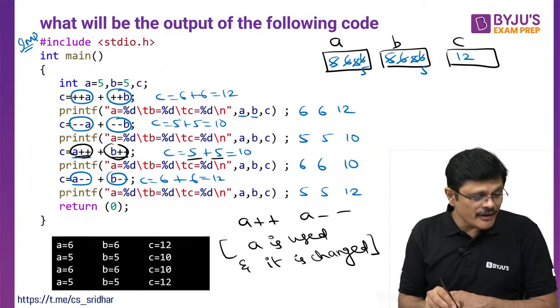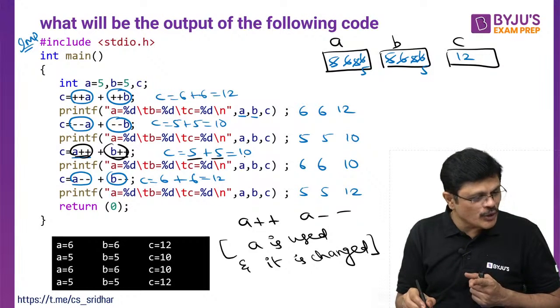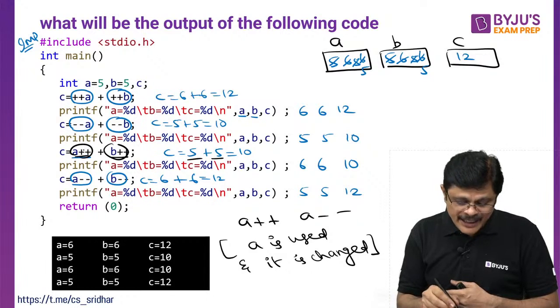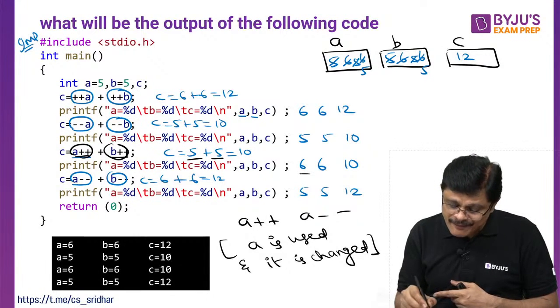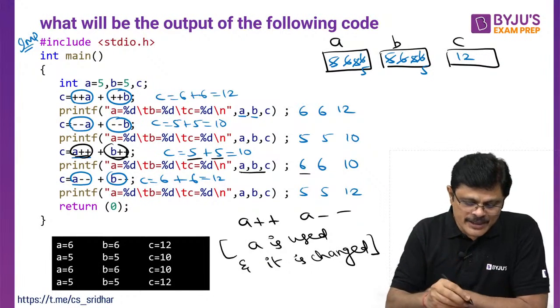That is, the original value of A here is 5, B value is 5, they are used and C is made equal to 10. After that, A and B are updated. A changed to 6, B changed to 6. That's why when you print in the next line, A value is 6, B value is 6, but C will be 10. All of you understood this is the most important problem, sir.